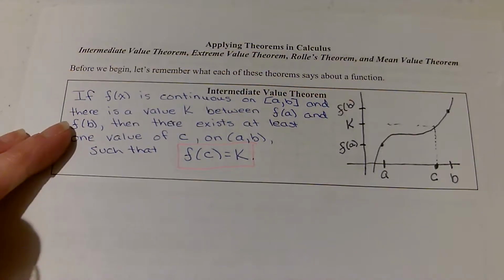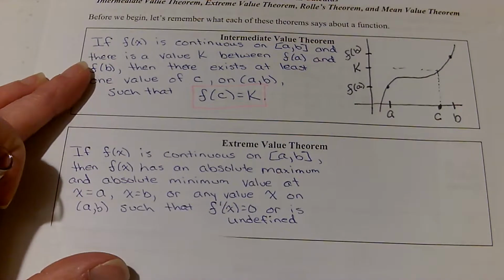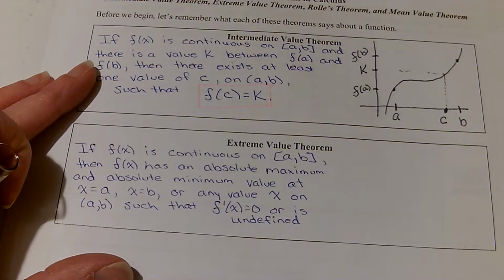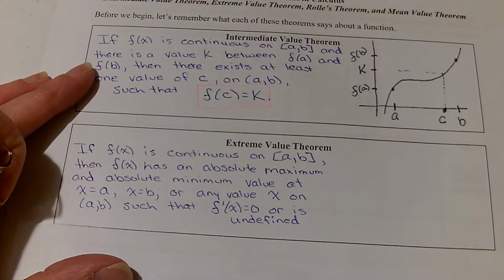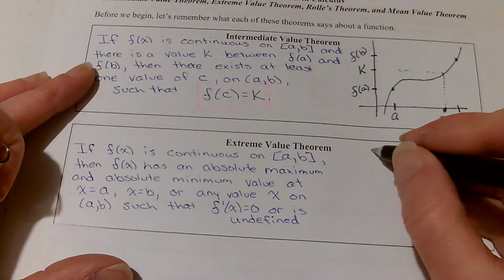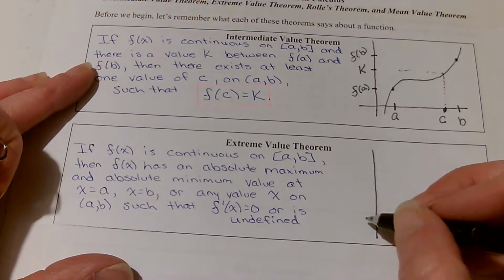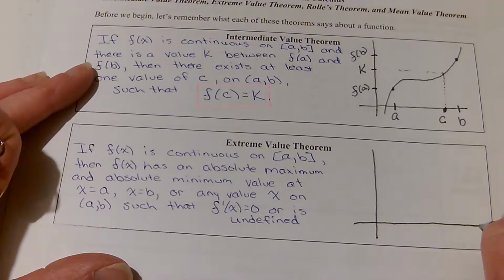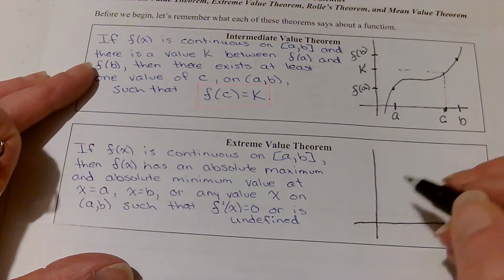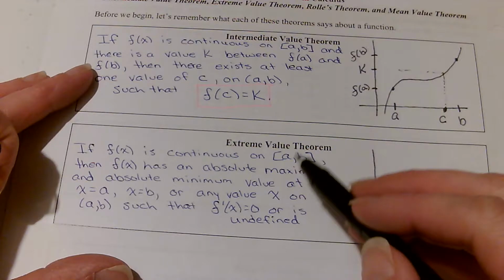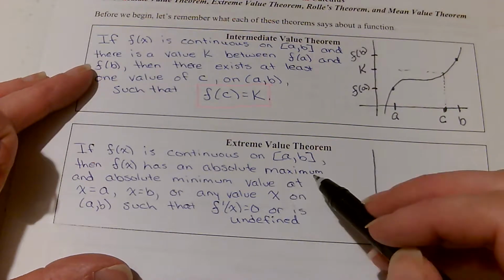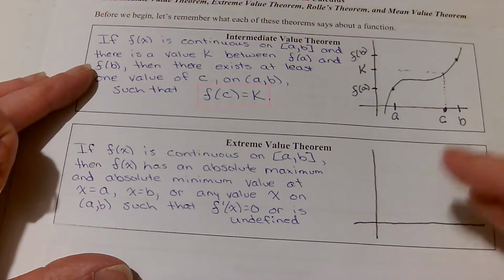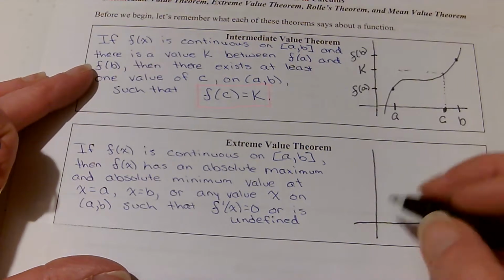The next one is the extreme value theorem. Extreme value theorem starts off the same. It's talking about a continuous function on a closed interval. Now if it was on an open interval, we may not have absolute maximums and minimums, because the graph could go on forever in both directions like a line. But if we have a closed interval,